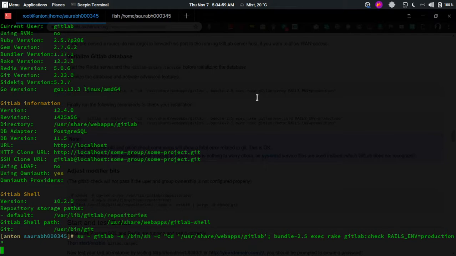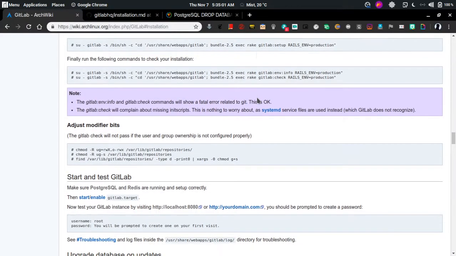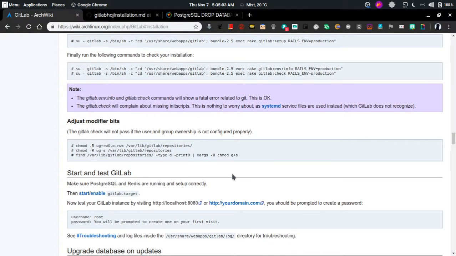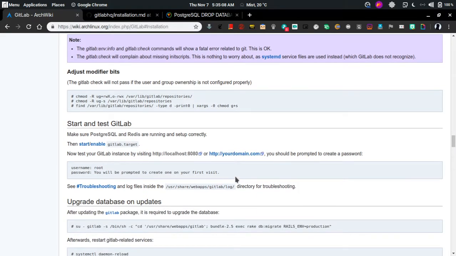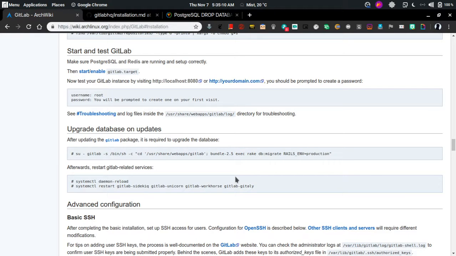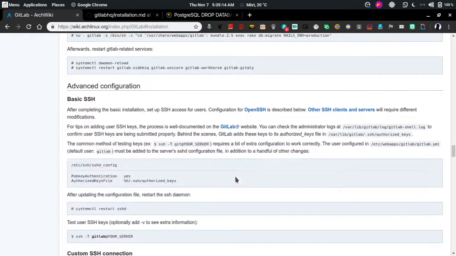Next up, if this works fine, we're going to go on with just modify bits. It isn't a huge thing, but it's important. So anyway, next up we'll be starting our GitLab instance locally, and then we're going to proceed to create